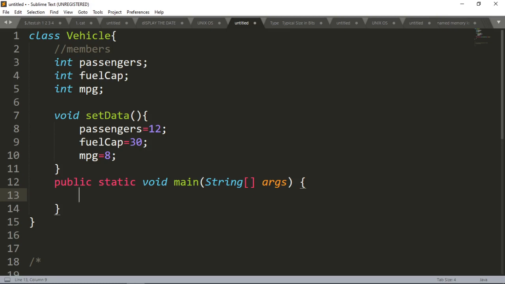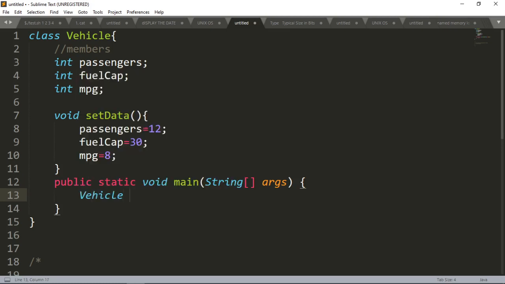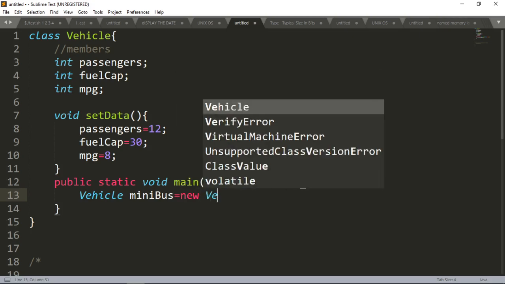Here I'm creating an object. So Vehicle, then I'm giving the name of the object, suppose minibus, and then I'm giving the equals to sign, and then I'm writing new, and then I'm writing Vehicle.